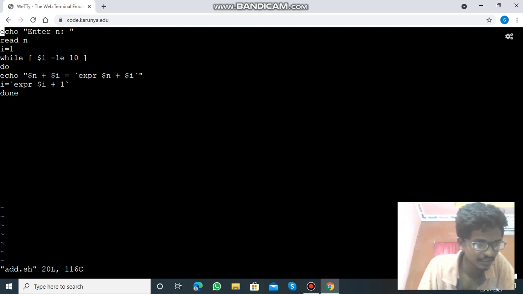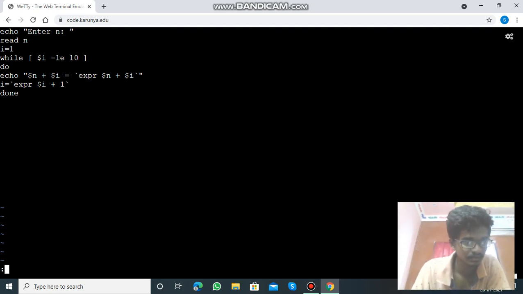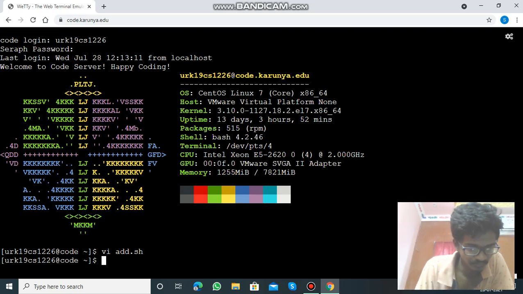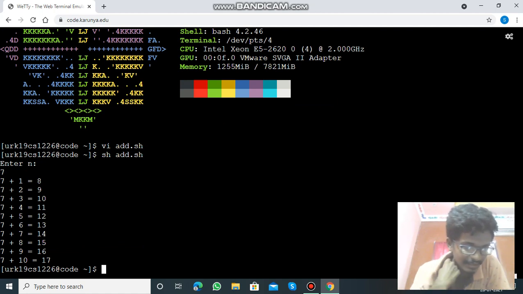Then it is executed, and we press escape, shift colon, wq, and we come out and execute the program a.sh. We give the number 7, and it will add all those numbers.